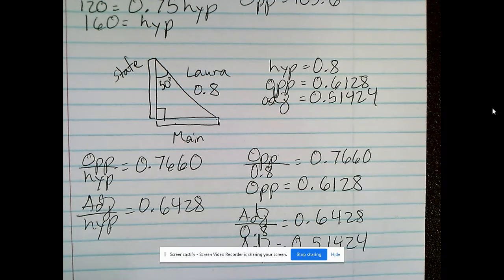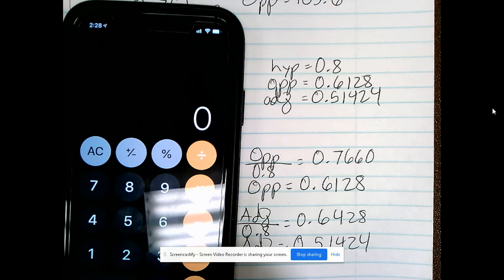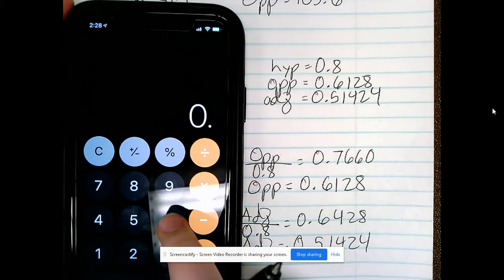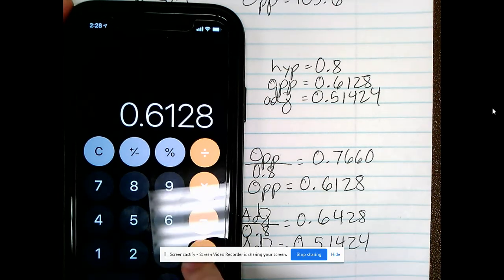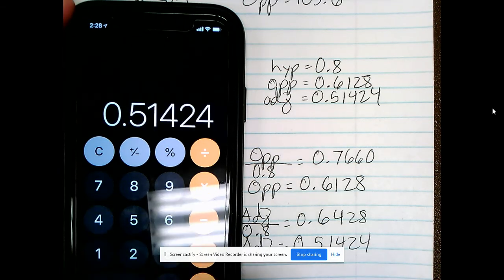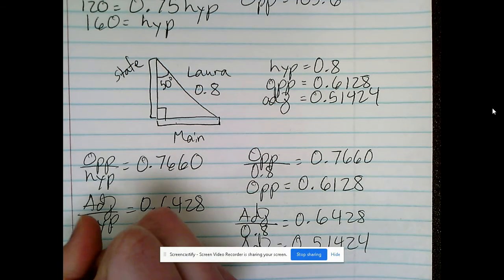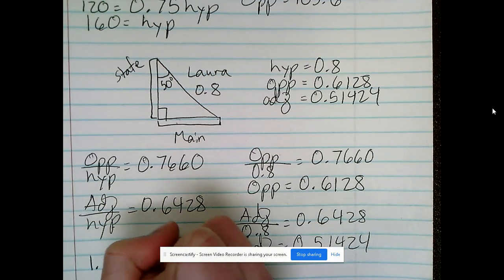So now we're going to add the two. We type in 0.6128 plus 0.51424, and we get 1.12704,